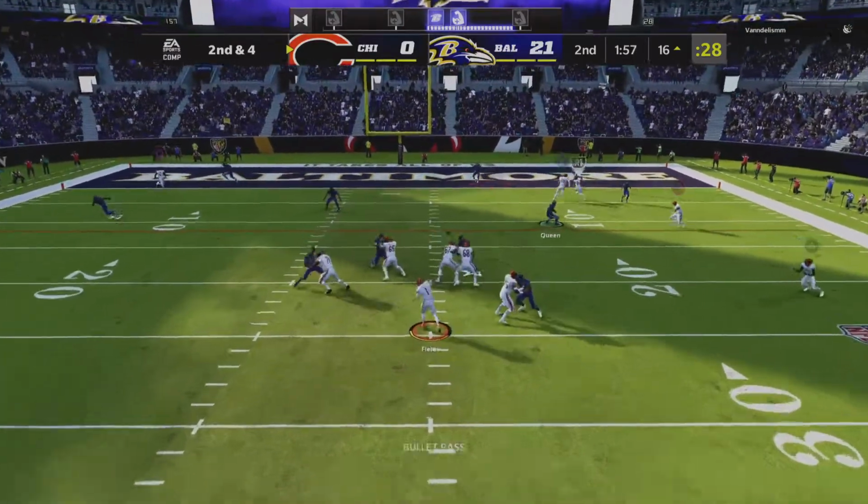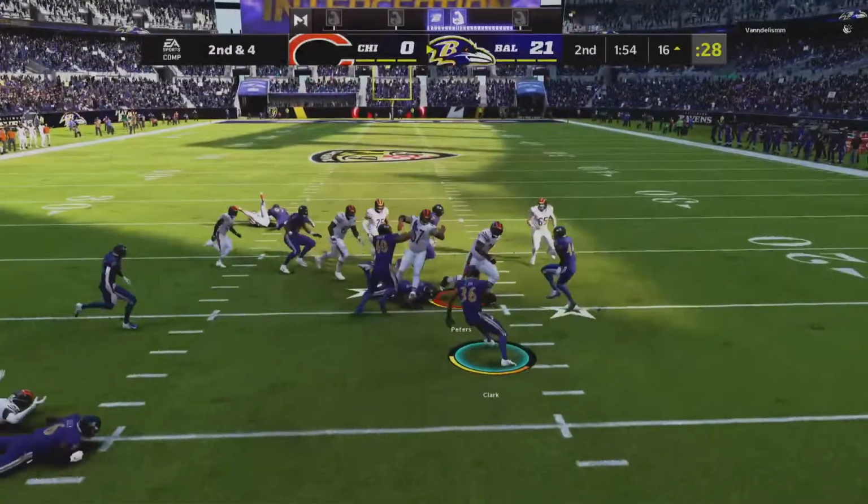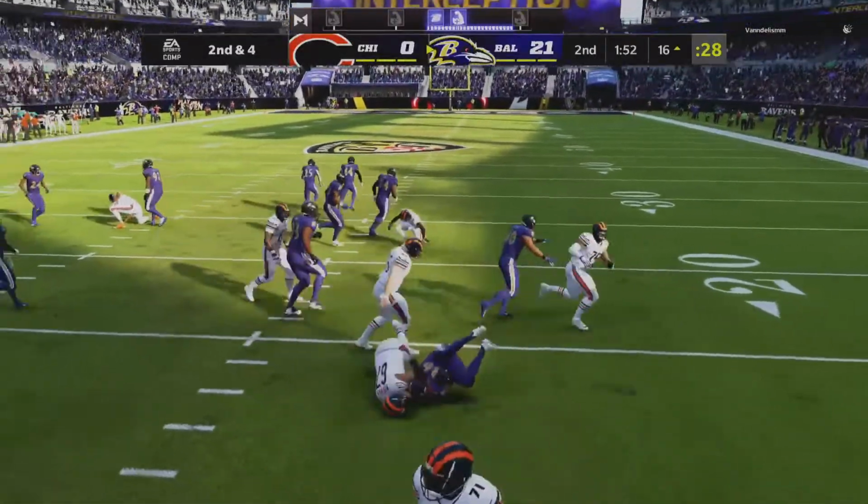Again, Fields. Oh, he tries to force it in, and it's intercepted. It's Chuck Clark picking it off, and the Ravens